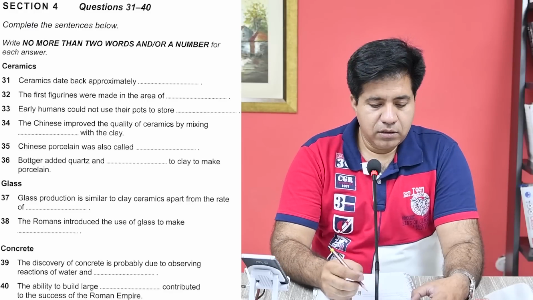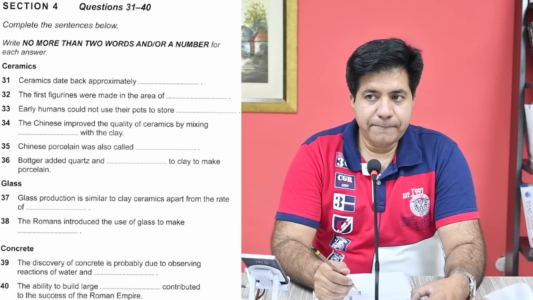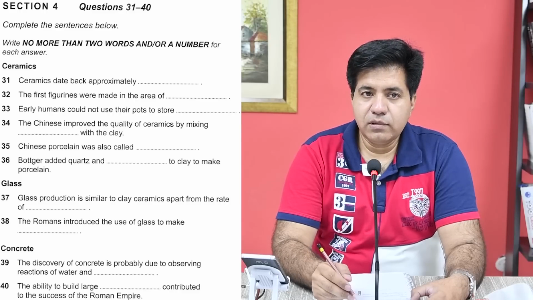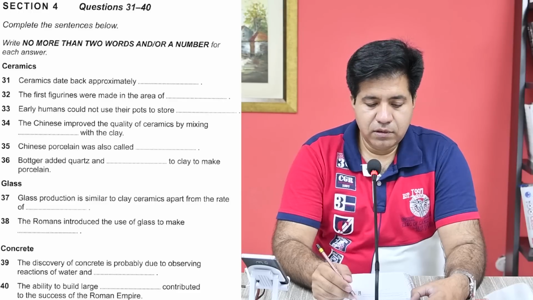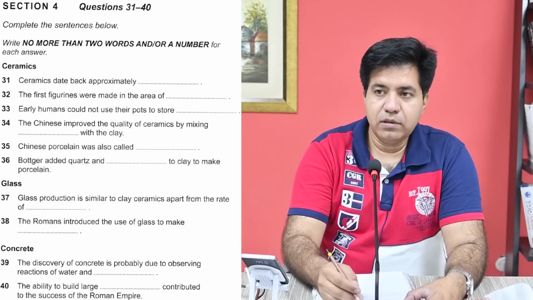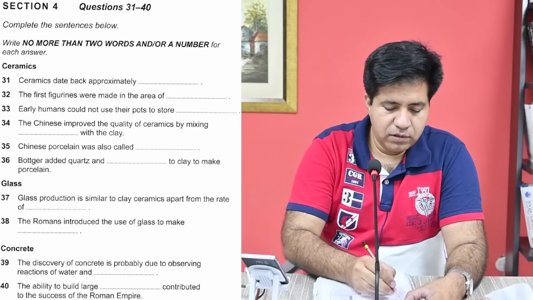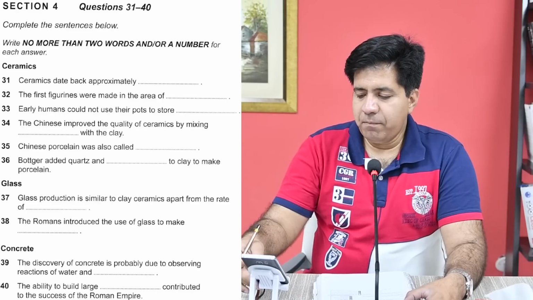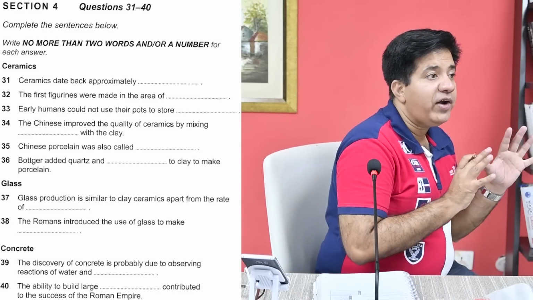It wasn't until the 18th century that the secret began to unravel. A German alchemist called Johann Friedrich Botger was asked by the king to make gold out of lead. Unfortunately, Botger failed to achieve this and soon gave up. But in order to please the king, he attempted to make high-quality porcelain. And after many years of experimentation, he discovered that by adding quartz and a material called China stone to very high-quality clay,